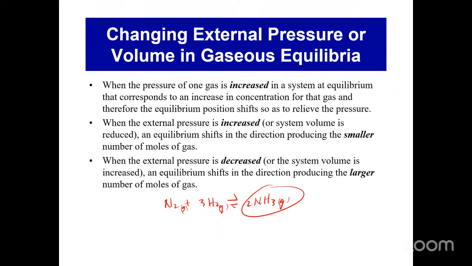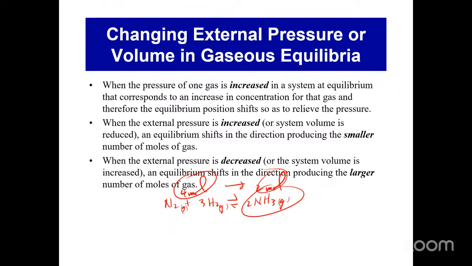right? Because according to Le Chatelier's principle, the system will try to decrease the concentration of nitrogen by shifting to the right. The same thing is true if you were to increase the concentration of hydrogen. Same thing, it's going to shift to the right. Or you can increase the total pressure, right? Because we look at the total number of moles on either side. If you increase the total pressure, then the system will try to decrease the total pressure by shifting in the direction producing fewer gas molecules. So it's going to shift from 4 on this side to 2 on this side, right? So that's another thing you can do to favor the formation of ammonia, right?